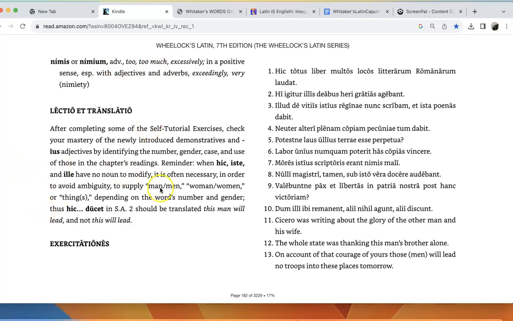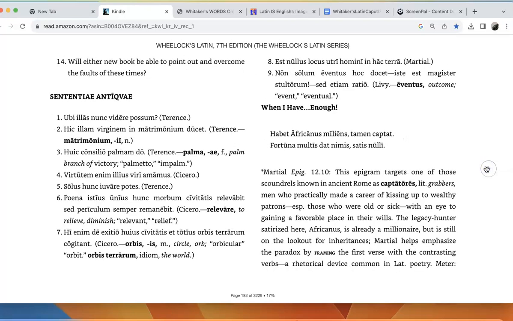Don't forget the Whitaker's website has some audio files to help you learn how to hear and pronounce these Latin words. All right, let's go into the lesson proper, if you will, and let's take a look at the sententiae antiquae, so the ancient sentences or the ancient sayings. Illos ubi nunc videre possum, by Terence, I think we mentioned before, is a writer of comedy,